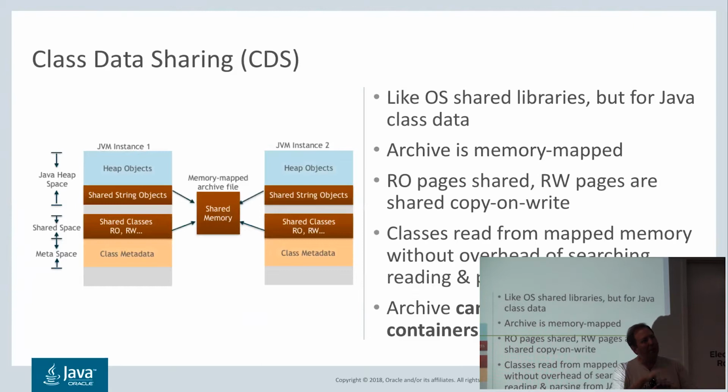You need to build your Docker containers or images in such a way that that file gets shared. But once you do that, if you have a Docker image that has that in it, then it will get shared automatically. Class data sharing will help you with the memory footprint, in that, again, you don't need two different copies of this data in the different processes.